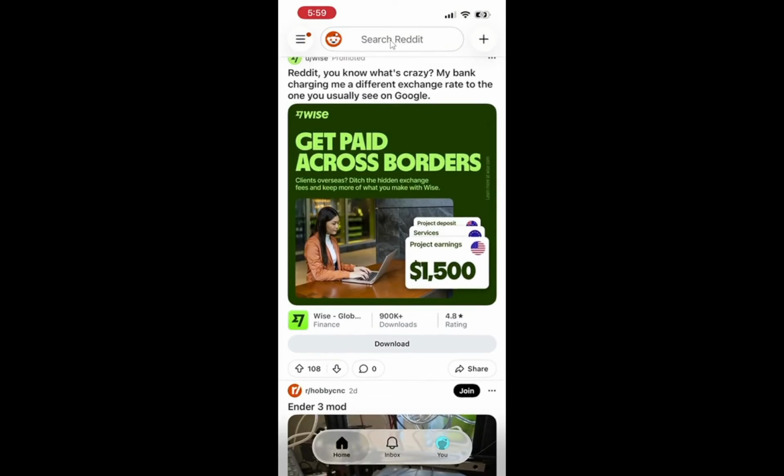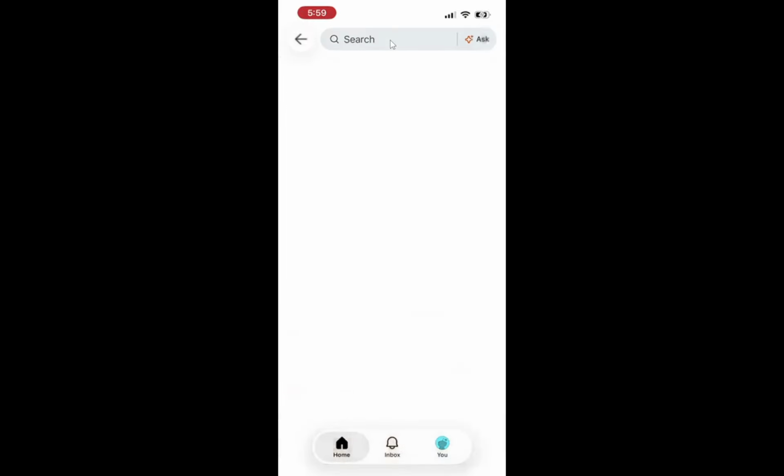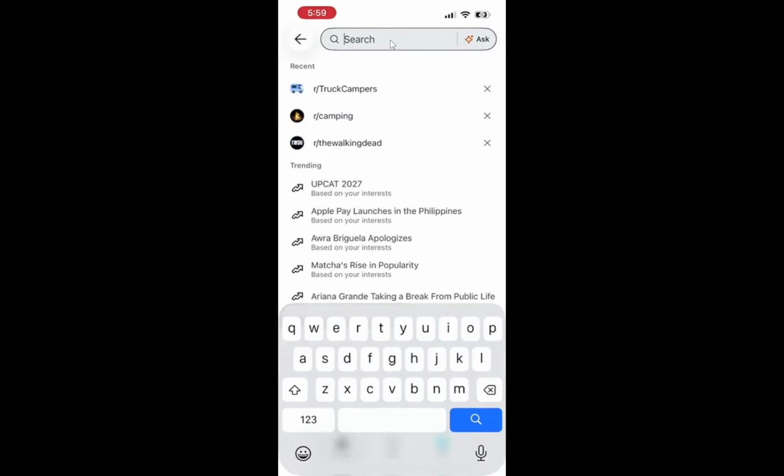Next up, tap the search bar that appears across the top. The bar usually has faint text such as Search Reddit inside it. When you tap into it, your keyboard will pop up from the bottom of the screen, ready for typing. Once that is done, your recent searches should appear just below the search bar. You will see a list of words, topics, or subreddit names you have searched for before. On some phones, these may be grouped, and you might need to scroll a little to see them all.